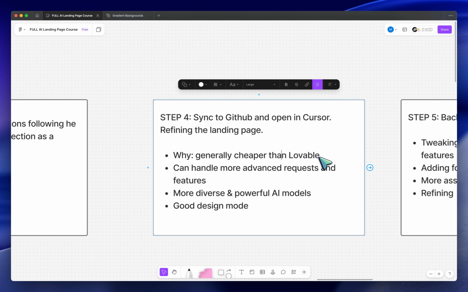Okay, to get it into Cursor, it's very simple. Click on this GitHub button at the top. You want to sync this to GitHub. So connect GitHub, connect projects, and if you haven't connected GitHub already, it will guide you into setting up a GitHub account, and that's basically it. So I'm going to click on my GitHub organization, transfer it anyway,